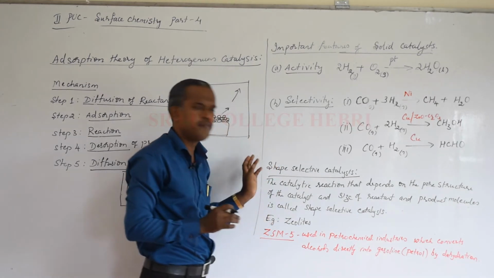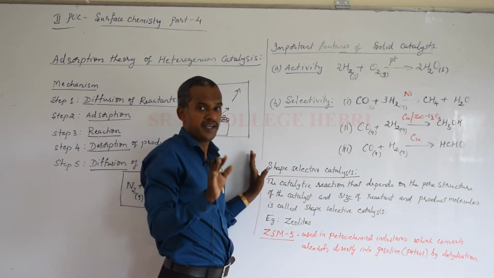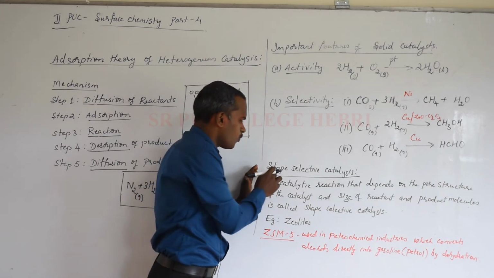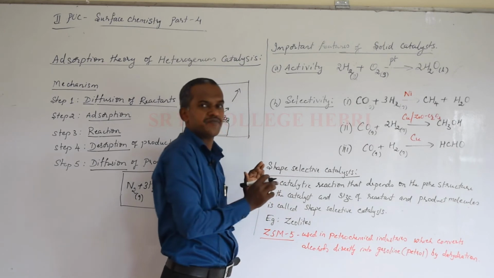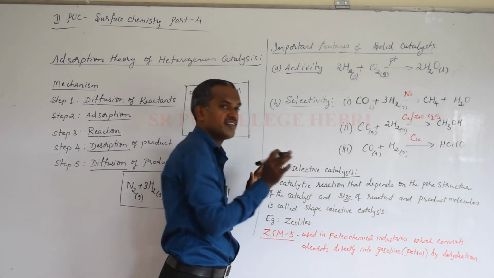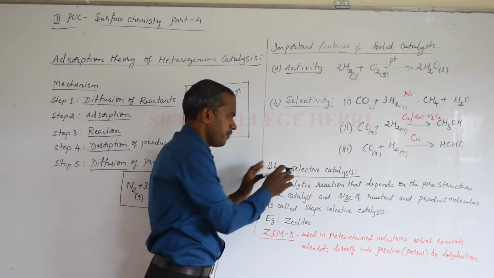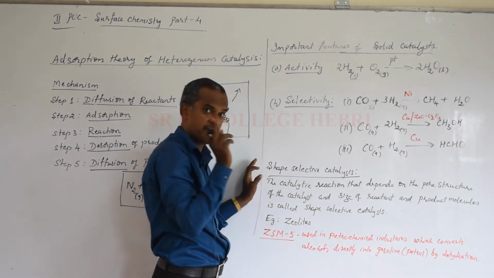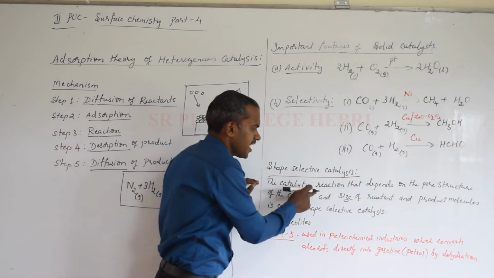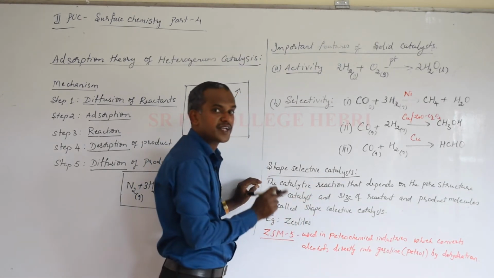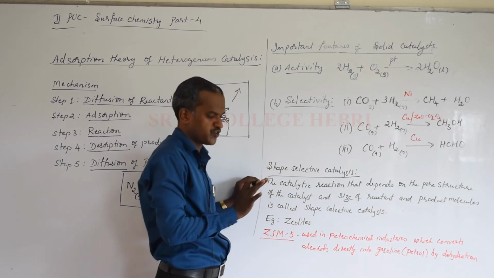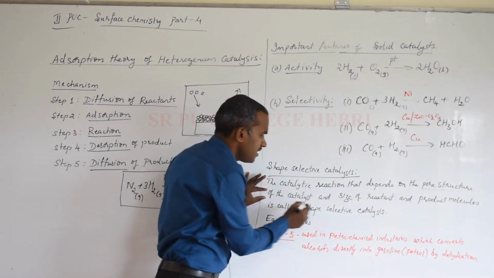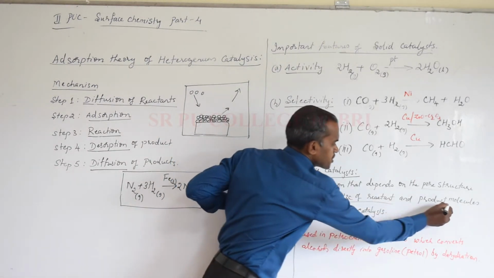Okay, now one more very important thing usually comes in Part A where there is no choice for you. It will come as a 1 mark question from surface chemistry: what is a shape selective catalyst, or what is shape selective catalysis? It may ask for catalyst or catalysis, so you have to modify slightly. Remember the definition. Catalytic action depends on so many factors, but what you have to understand is that it depends on the pore structure and the size of the reactant and product.